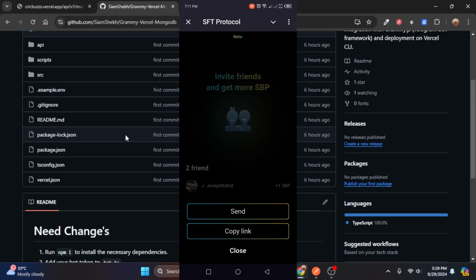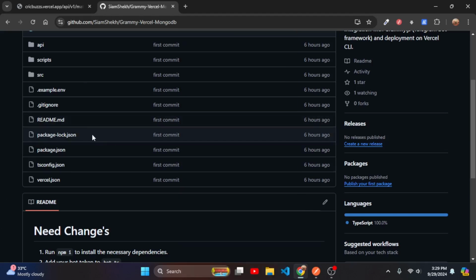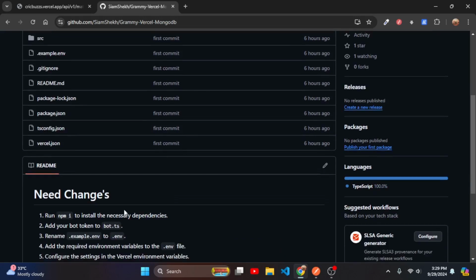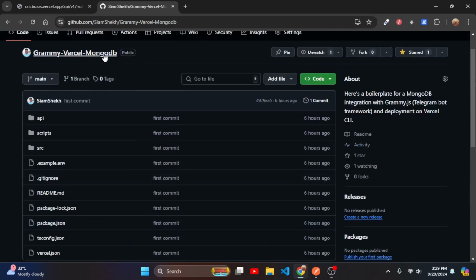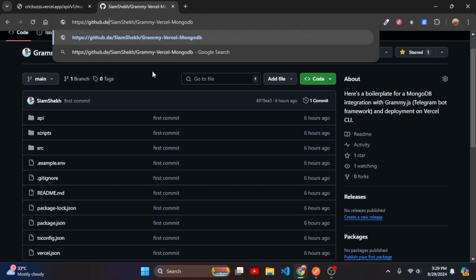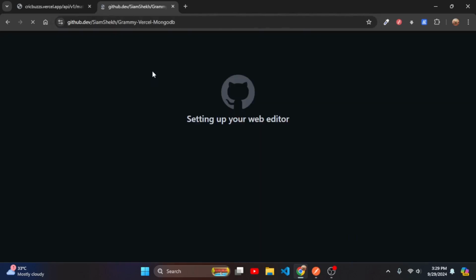Okay, so to continue, there is a GitHub, you can see that, and that is a public GitHub repo. First of all, let me show you what is in this GitHub repo. So I go to this GitHub URL, and then I replace the .com with .dev, and I open